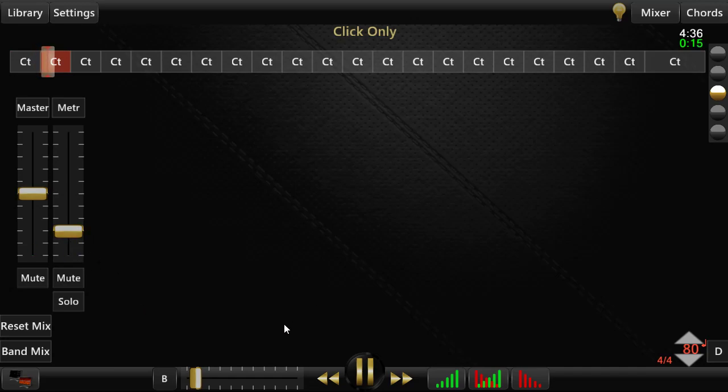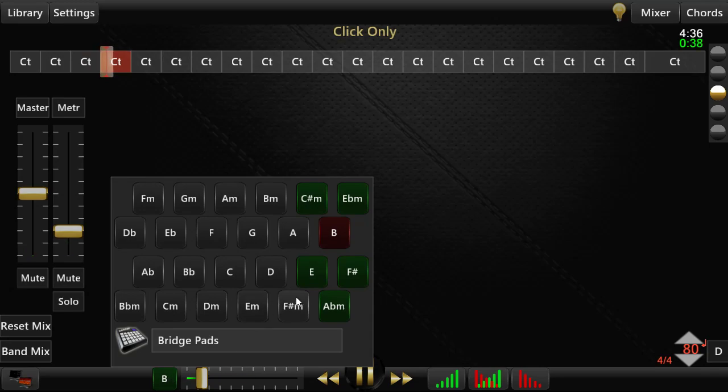But what you can do now is you can also just play the pads while the click is going. So let's say I've got this click going and I wanted to just kind of do some progressions and have the guitarist play some rhythms or play some lead or something like that. I could just do that right here. So I can just say like,